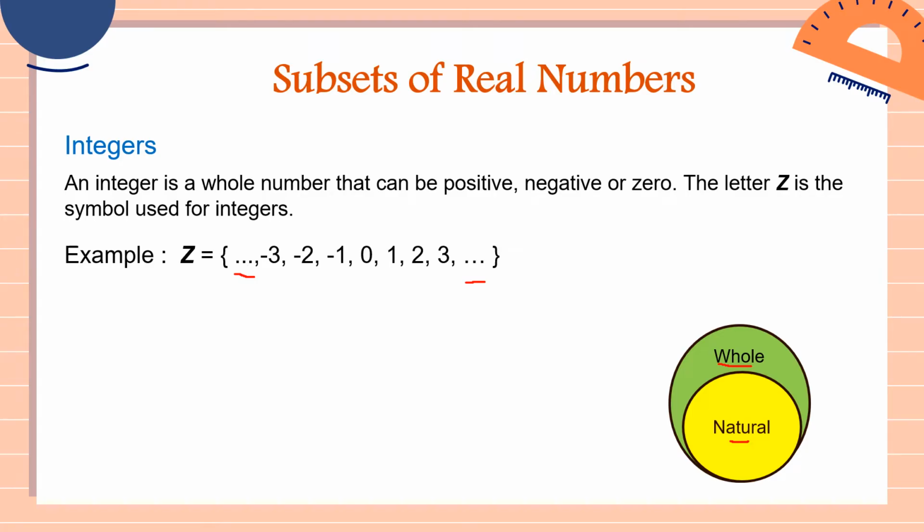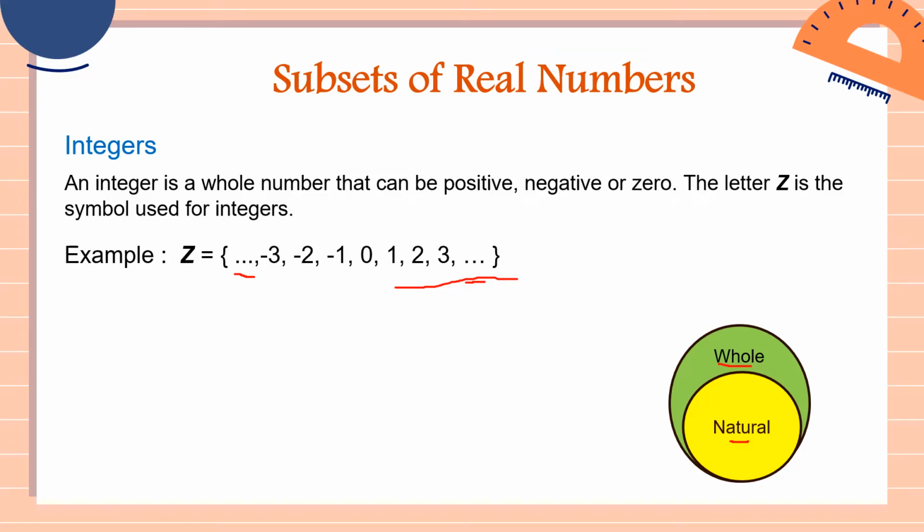Question, why is that, sir? Because all the elements of natural numbers and all the elements of whole numbers are in the integers. So once again, do you still remember, class, the elements of natural numbers? What are the elements, class? That's correct. You start at 1. Once again, natural or counting numbers, you start at 1 and then all positive numbers. So therefore, we can see all the elements of natural numbers in the integers.